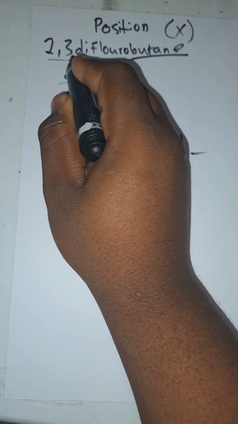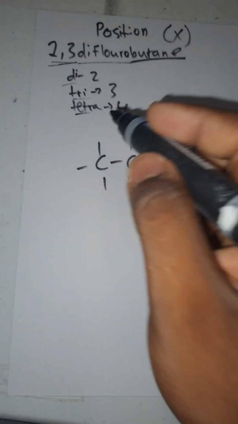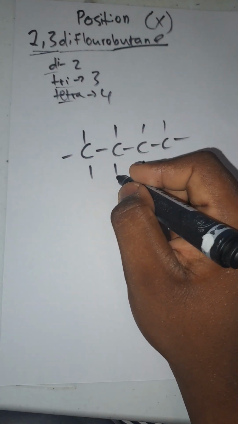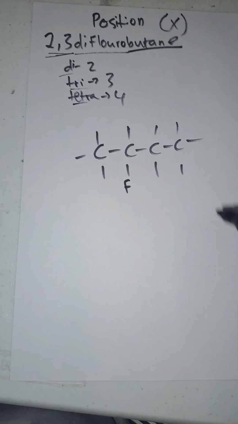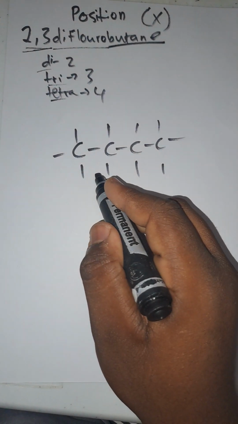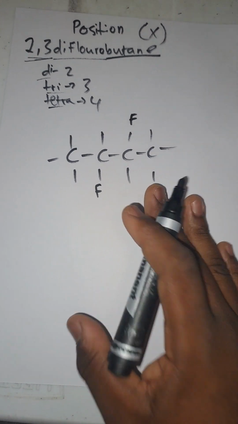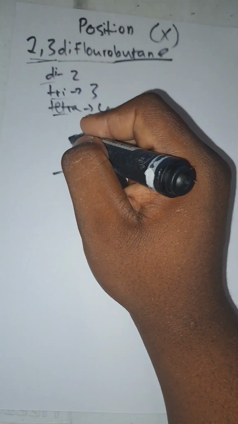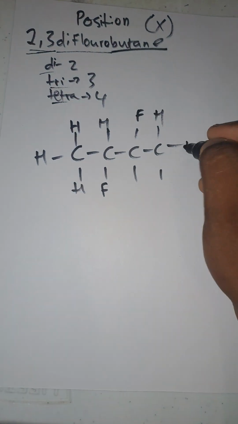So this 2,3 is about the position of the halogen, meaning that this fluorine is in position 2. So now I'm going to have this fluorine here. Let me put it here, F, on position 2, and then let me put another one here, position 3. This is what I'm basically talking about. Then here I'll have my H. So this is my thing,